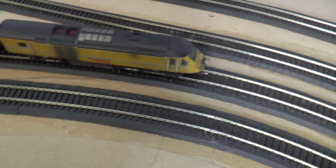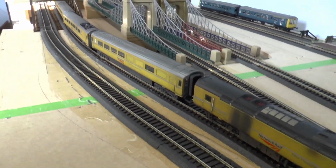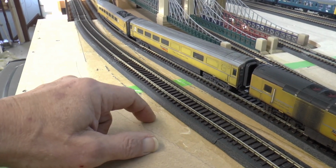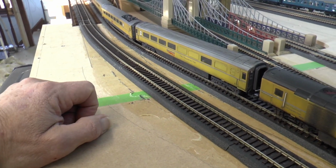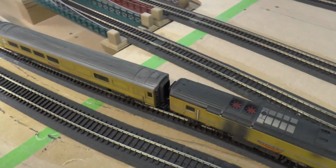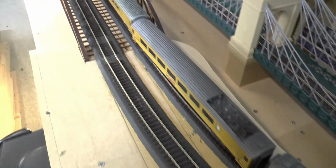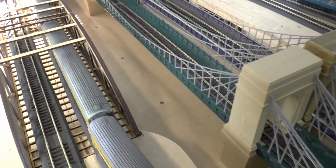And you can see the difference now between, if I go here, you can see that it's now a much more gradual curve, and you can see where it came out here, which was a shame because that was the only kind of real tight curve on the layout, and when you videoed it, it really showed up. So that's that sorted. So I've got a nice gradual curve on both those tracks now, so that's pleased me. So no work on the 2 or 3 bridges as such, but